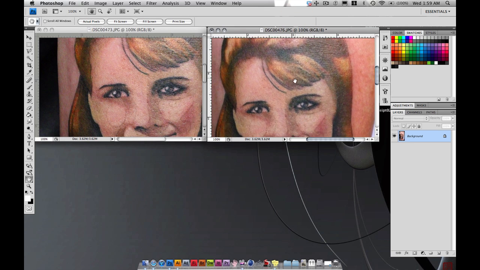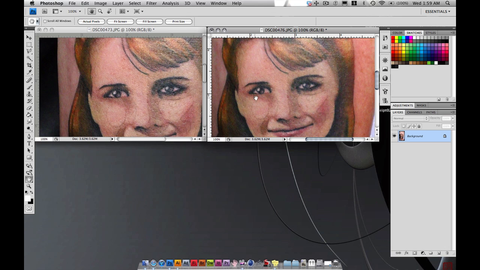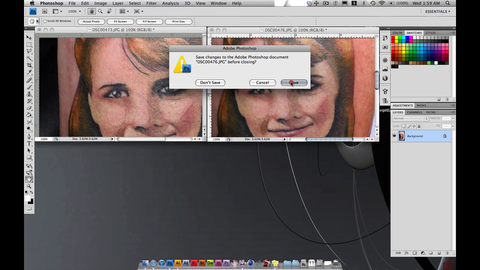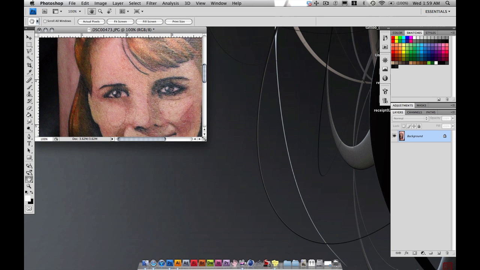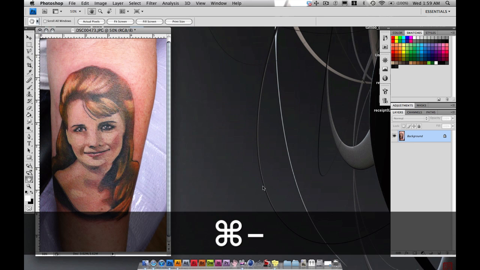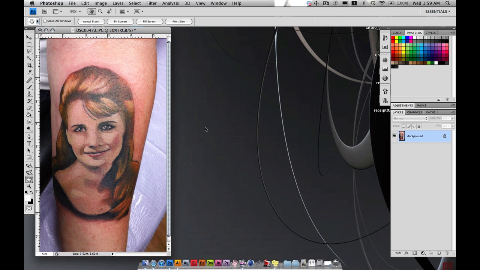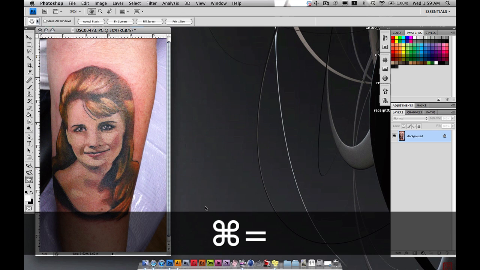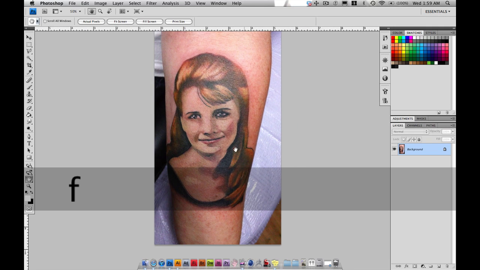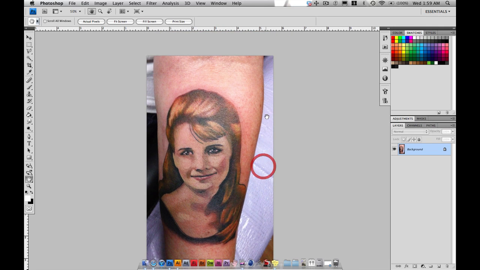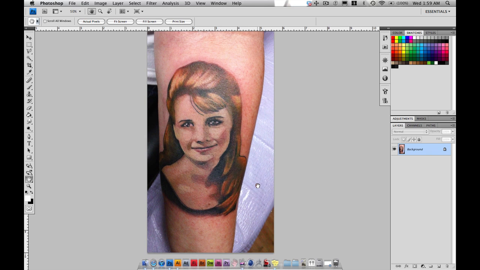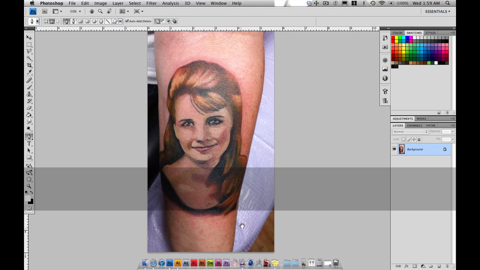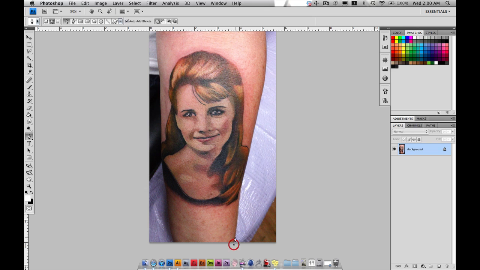Alright, so it's down to these two. Again, this one is the most clear, but I think I'm going to... Yeah, no, I'm fine. I'll close that one. Get rid of that one too. So, okay, this is our final image that we have. The next step I do is cut out all this background stuff. It's okay, but it's just a little nicer, a little more professional if it's not there. So I'll use the pen tool because I'm very comfortable with it, but it takes a little getting